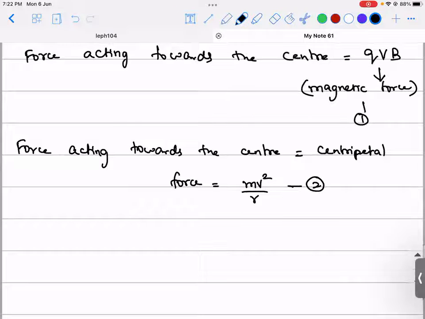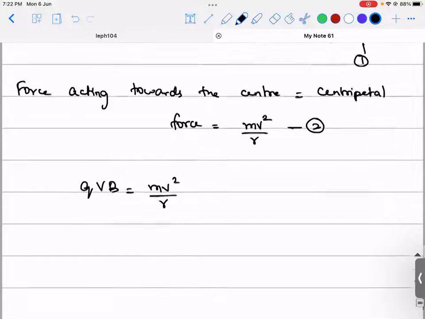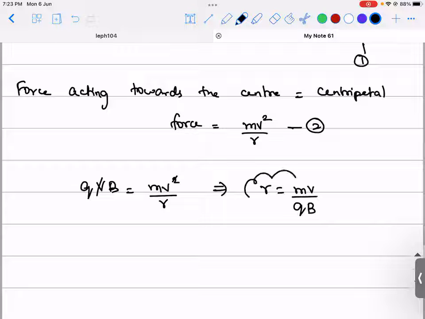So the magnetic force which is acting on the particle is the one which is providing the necessary centripetal force. So can I write Q into V into B is equal to mv square divided by r? V and V will get cancelled, which implies R is equal to mv divided by QB, and this is going to be the radius of the circular path